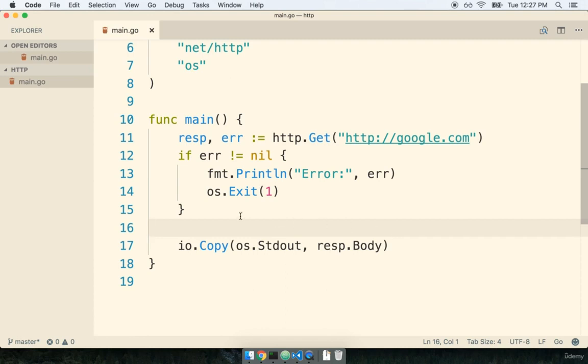In the last section, we started talking about the io.Copy function that takes a first argument of something that implements the writer interface and a second argument of something that implements the reader interface. And so by passing in resp.Body here and os.Stdout here, we are saying these are two values of types that implement their respective interfaces. Now we're going to start looking at the actual source code of this copy function right here